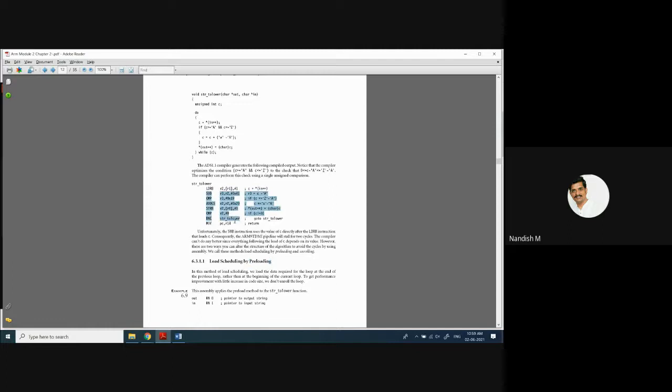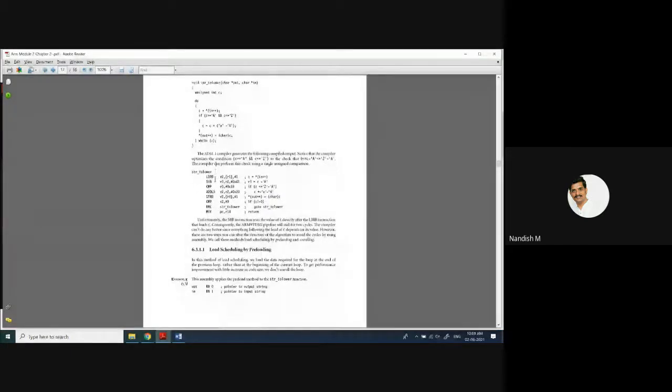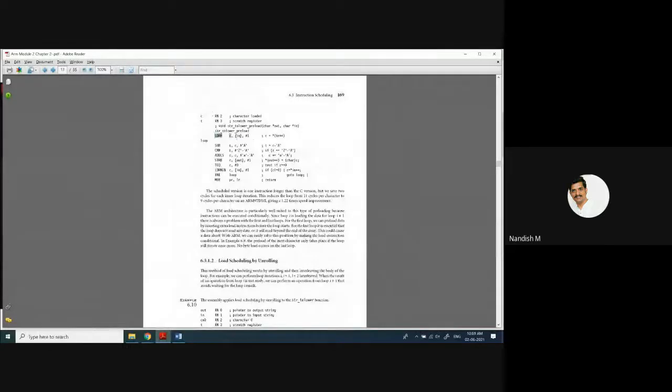The same instructions, instead of this load instruction being inside this branch, we move this instruction outside. How is this? The load instruction: the first character we are going to take and load it into C. After that, the loop starts. Then the subtraction and comparison happen.